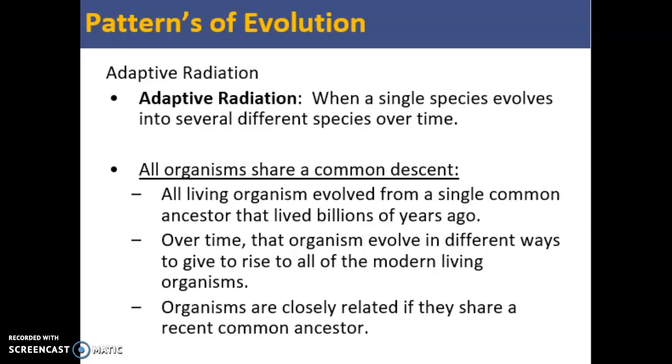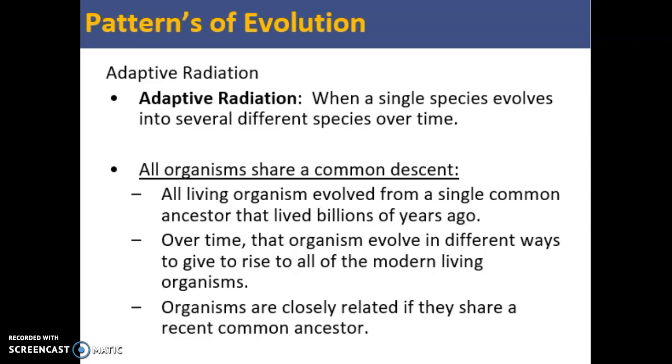Over time, that original population of bacteria was split apart into several different smaller populations, and each of these small populations evolved in a different way. One of the populations may have evolved into the animals that we have on the planet today, and another population eventually evolved into plants and the fungus and the protists. All the different organisms, all the diversity that we have today can be traced back to this ancient form of